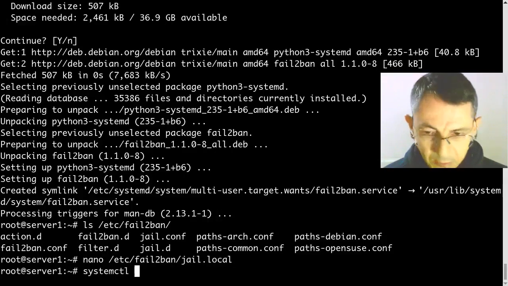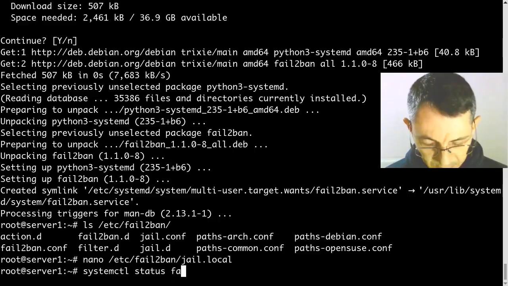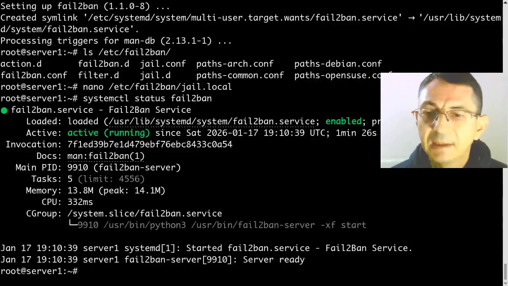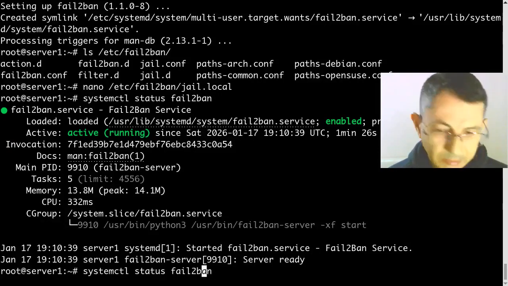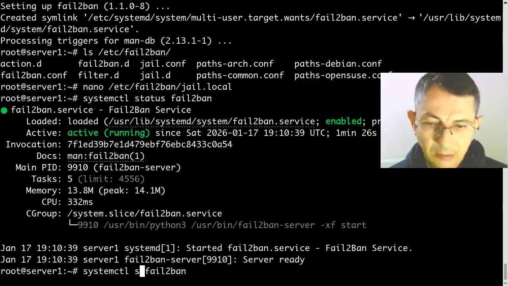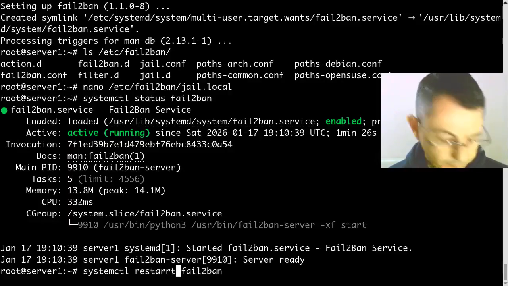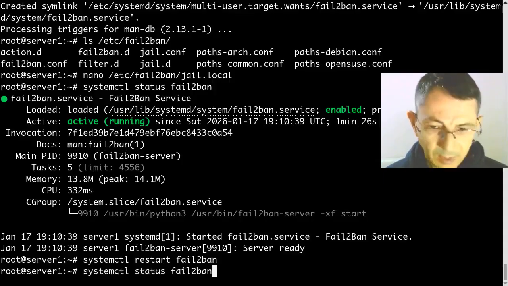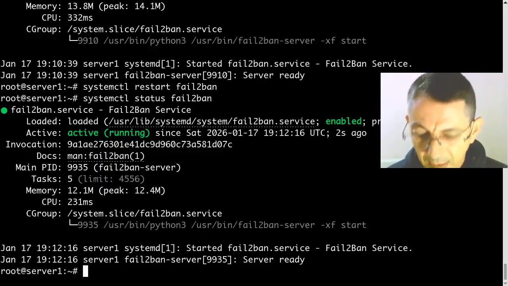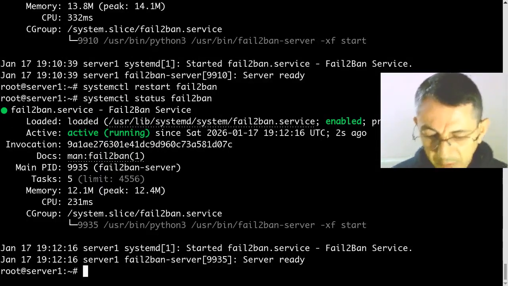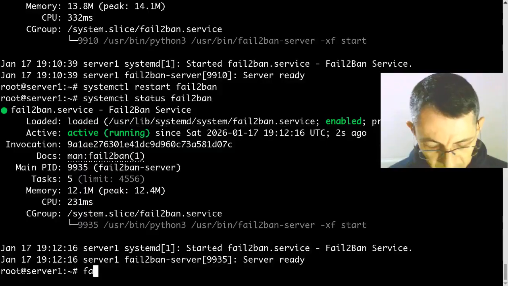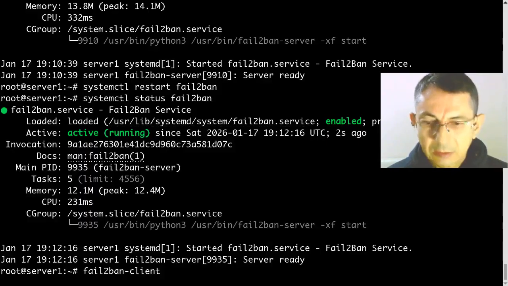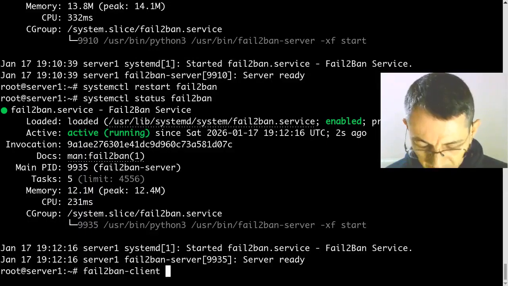systemctl status fail2ban. It is running. Now I will say restart. Status again. It is still running. Now I can check with fail2ban-client. There is a command fail2ban-client, and with the command status